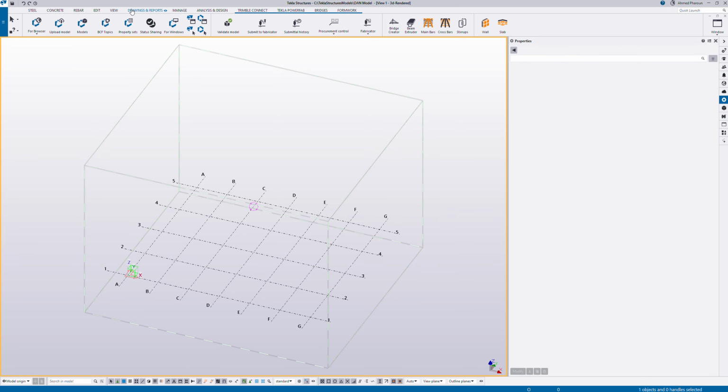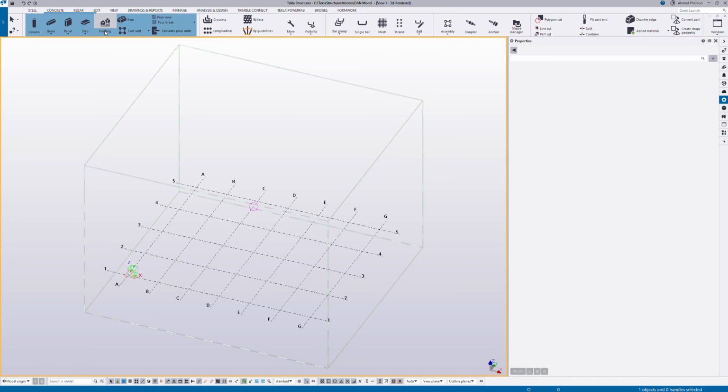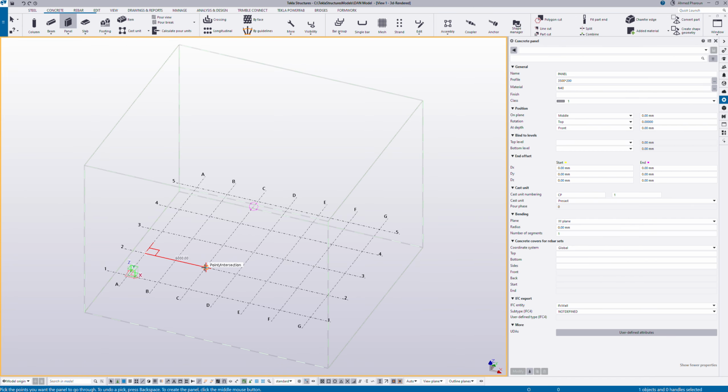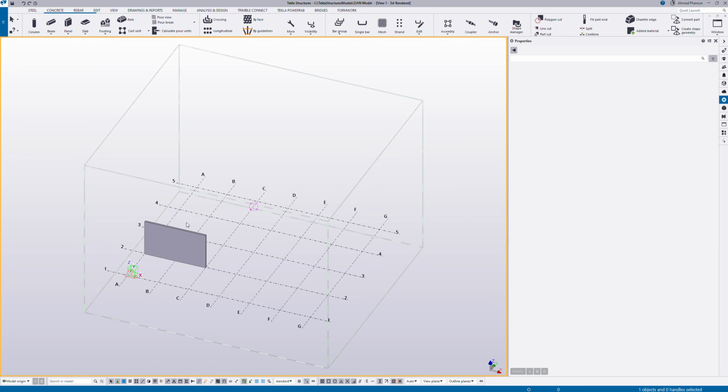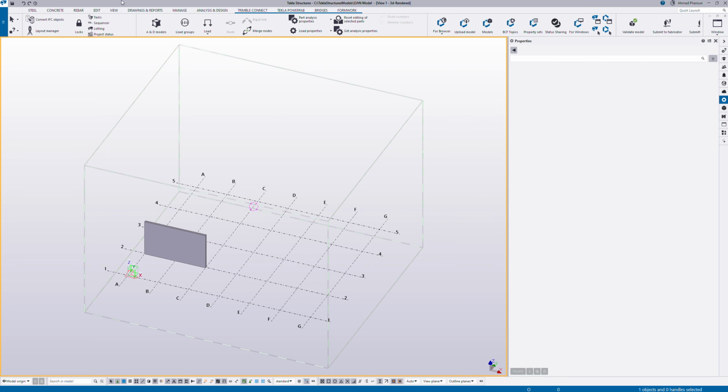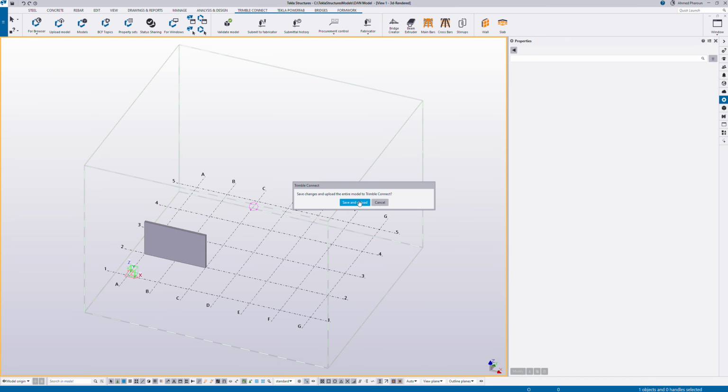Let's try something here. For example, let's add a panel to our model. This is a panel here. Okay, and we just click Trimble Connect, upload, and save and upload. Once we have confirmation that the model is successfully uploaded, we'll check it in our Trimble Connect